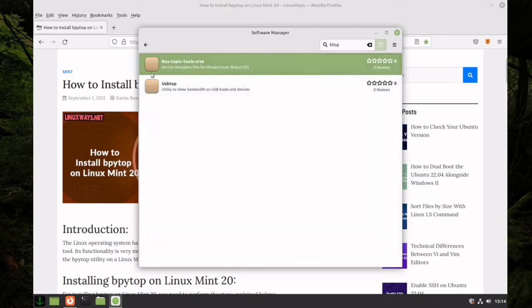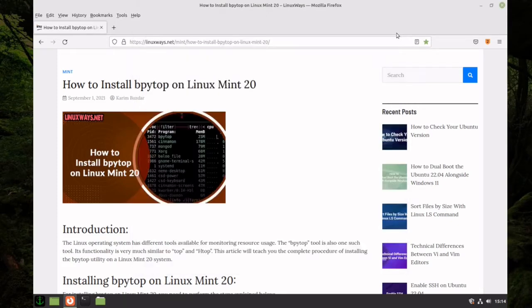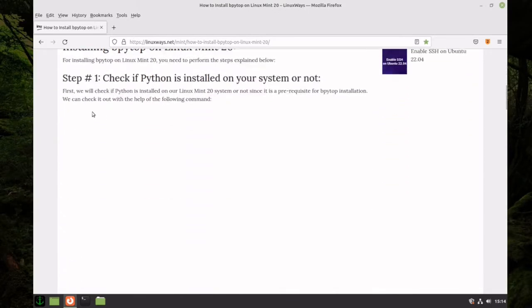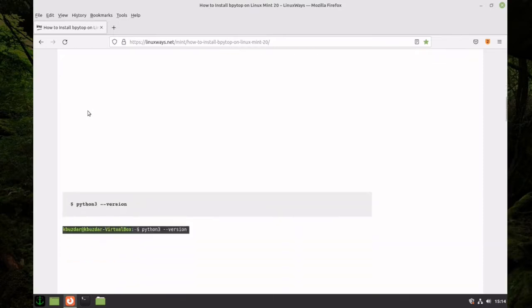It'll show up right on top here. It's not here, so you have to find an equivalent. For the Ubuntu version, the equivalent happens to be BPYTOP because it's written in Python, so that's the PY. To do this, you need to check to see if Python, which is the programming language,